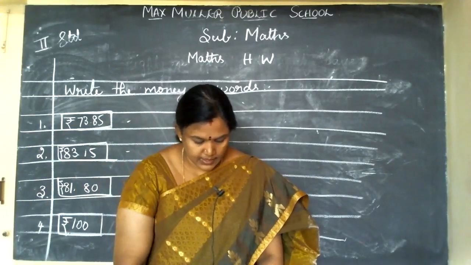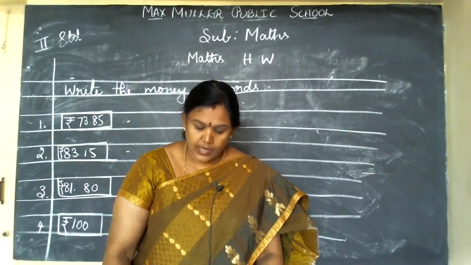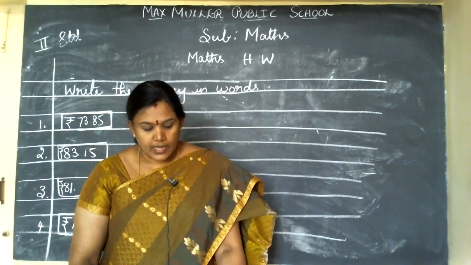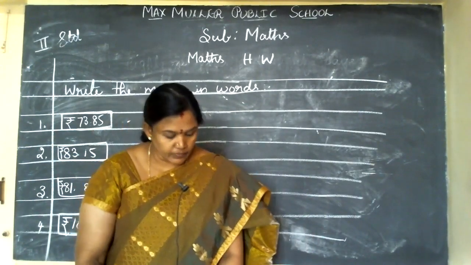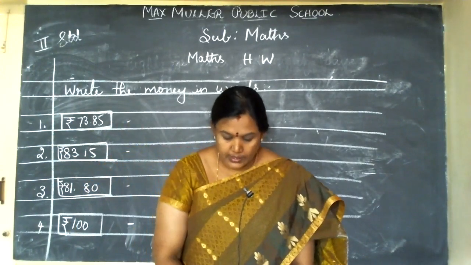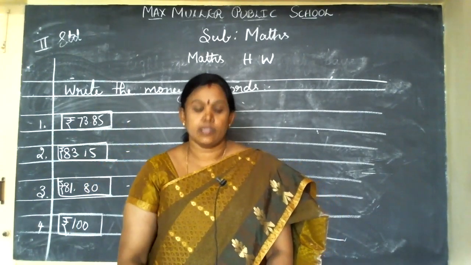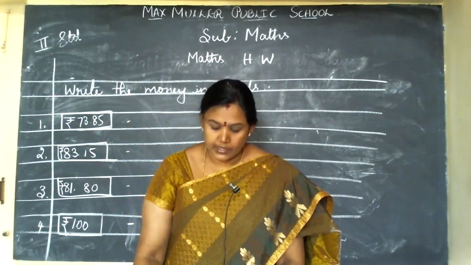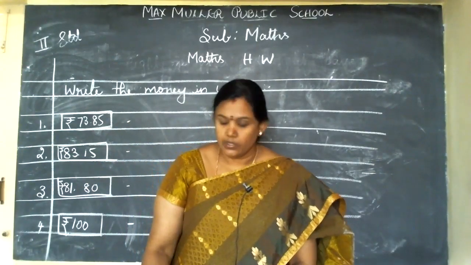Today we finished exercise number 1. Write the money in words. Write the money in figures. Next class I will give comparing money, exercise number 2. Understood, children? Also, when you are seeing the online class, no children, that time you want to take maths textbook, maths homework note, maths class work. Also, in the rough note also you want to keep properly and sharp the pencil and be ready with your textbook, children. Next class. Thank you, children.